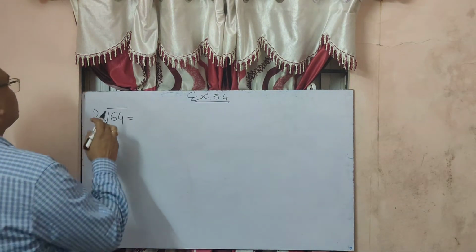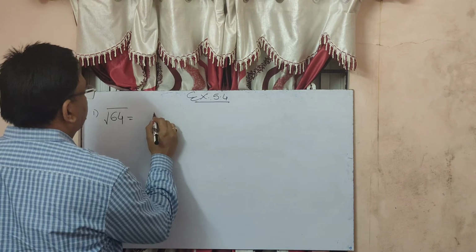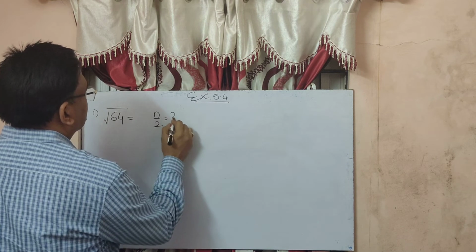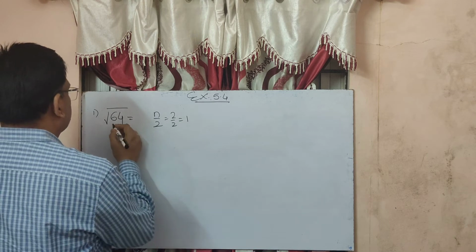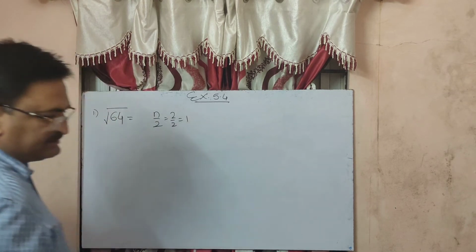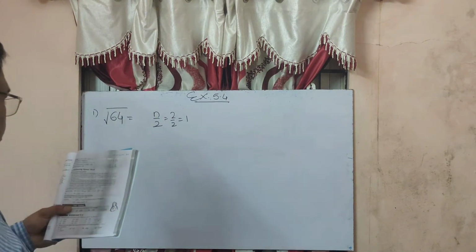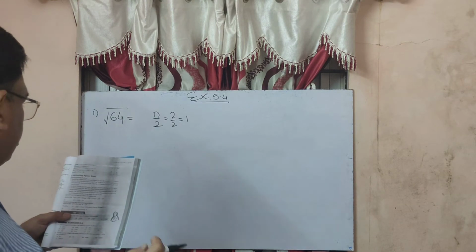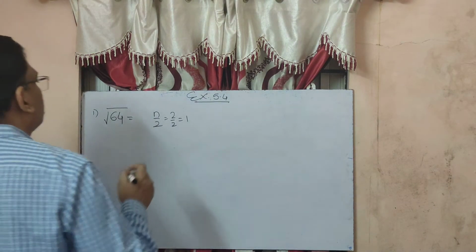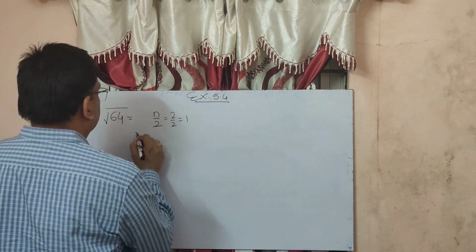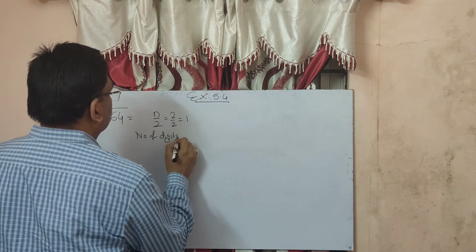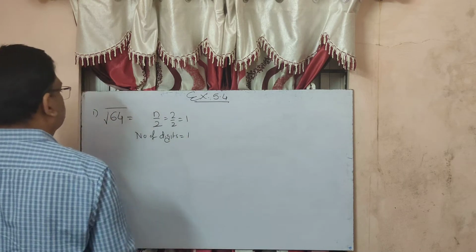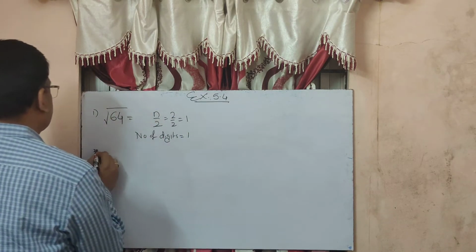So by looking at it, there are 2 digits. So this is an even number of digits. n upon 2, that is 2 upon 2, that is 1. Therefore you write root 64, find the number of digits in the square root. So you write number of digits is equal to 1. That's it. Now the second one,